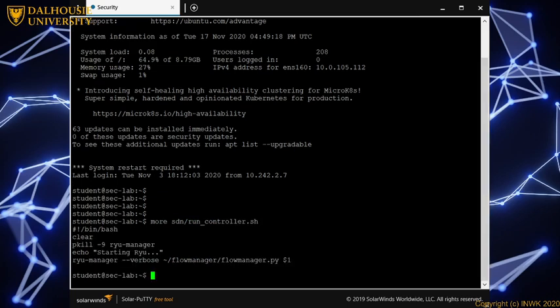So here, this is a script. It clears the screen. It kills any manager that's running already, because we cannot run two managers at the same time in the same VM. So I'm killing any manager, any controller, before. And then you notice the last line. The last line here runs the controller itself, and then runs